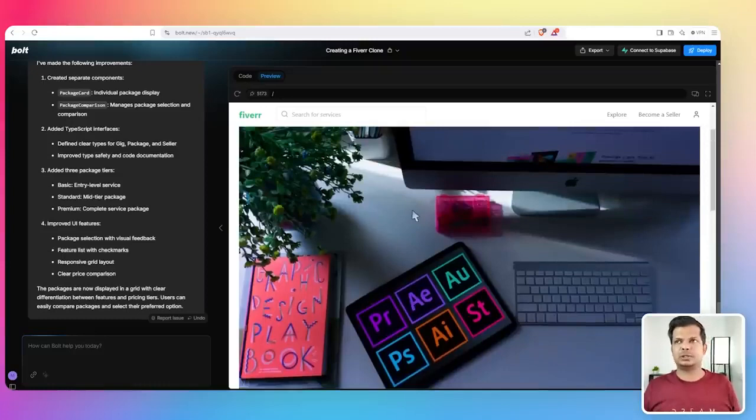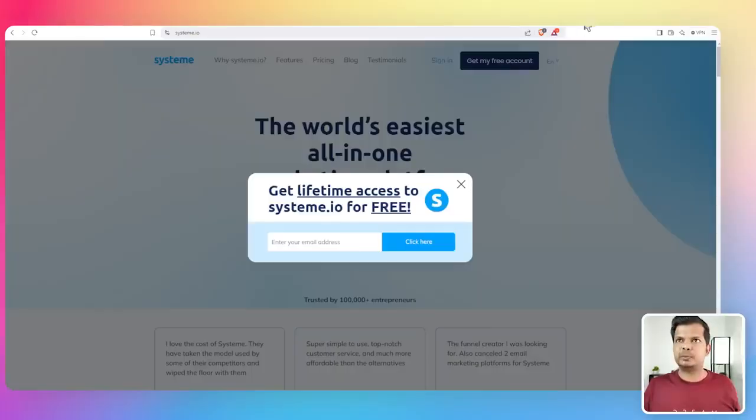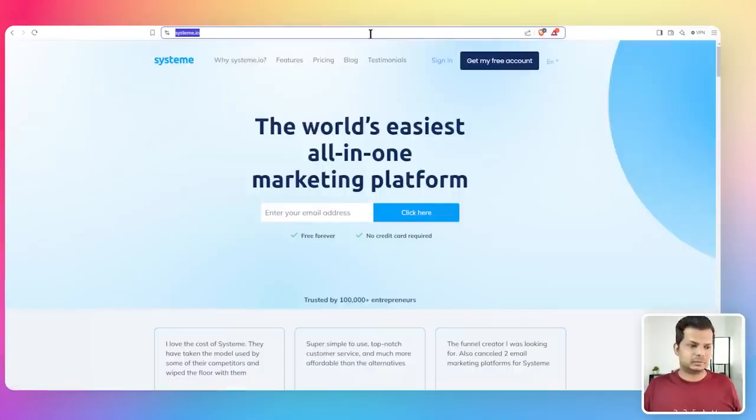But what we can learn from this is that these technologies can be used in some way or the other. We can use it as a starting point for our websites, but we cannot just replicate a website as it is, at least not by just giving it a URL. That's not possible. So yeah, we'll probably even try and give a less